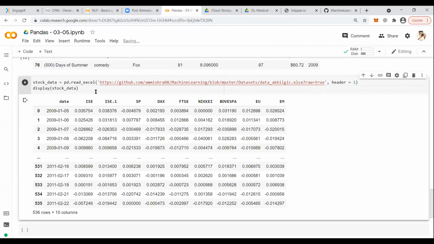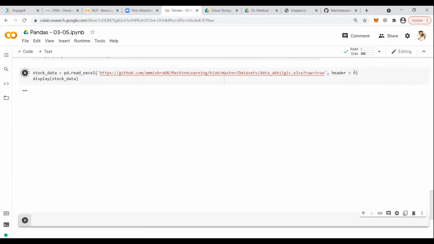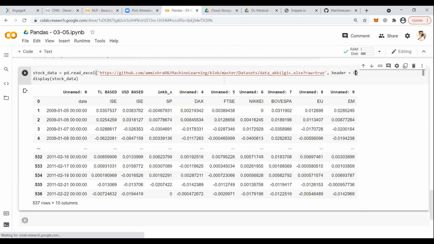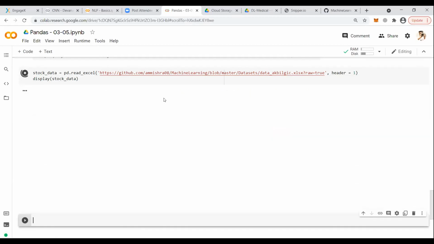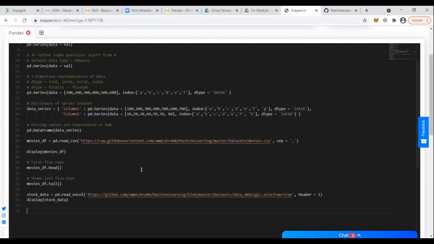So you can see this is what you need to write when your header is not at the 0 position. By default, the header position is 0, and this is my header position, which equals 1. That's how we are displaying the data.